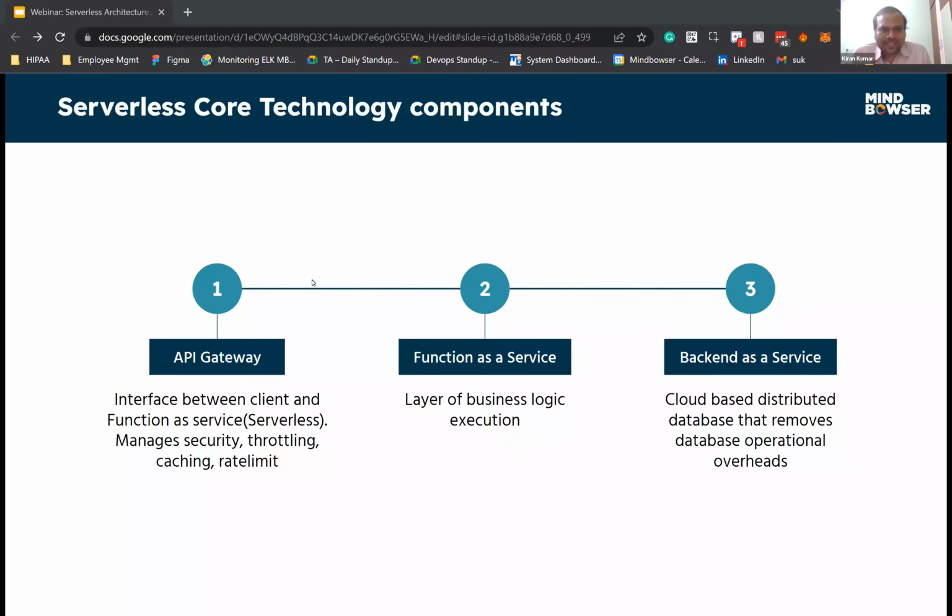Yeah. So basically, if you go in depth with a technical design for serverless, what can be fit in serverless core technology components? When we design an application, the first and foremost is API gateway. Next is function as a service and backend as a service. With this, definitely 100%,